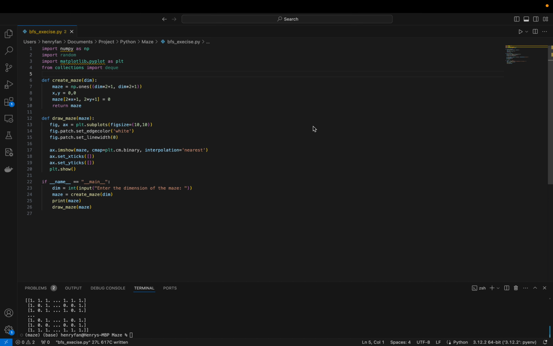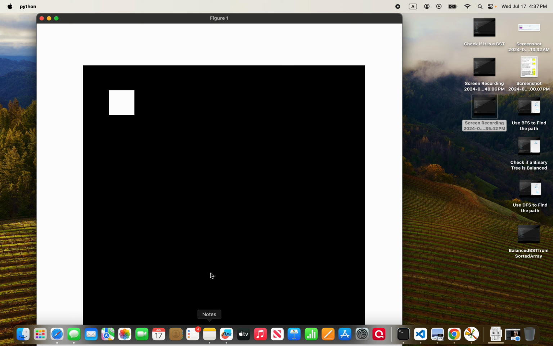Hi, in this program, I'm going to use a depth search to create a maze. Before I do that, I create a template, which helped me to draw a maze so that we could show it here. So here's the template. I could enter the dimension of the maze. In this case, I'm going to enter 5, and it will create a block of 5 by 5